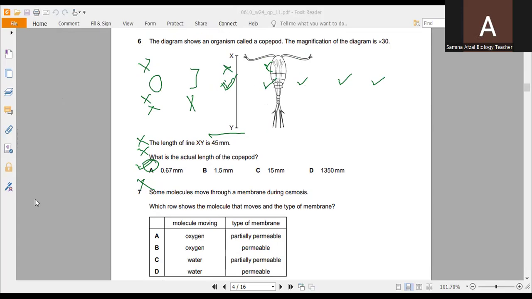Question number 6. The diagram shows an organism called a copepod. The magnification of the diagram is 30, and the length of XY is 45 millimeters. What is the actual length of the copepod? So, the magnification